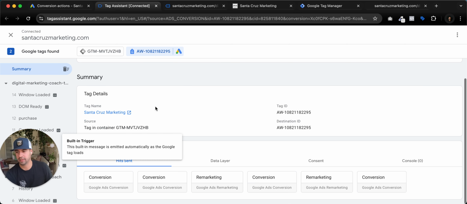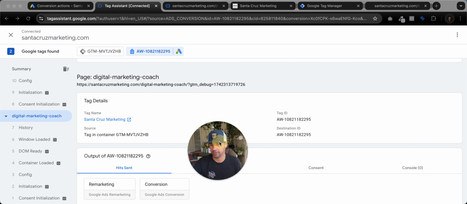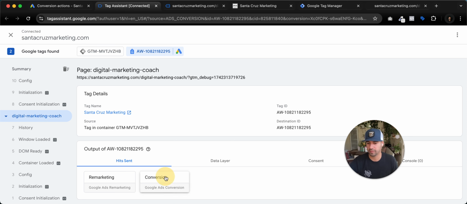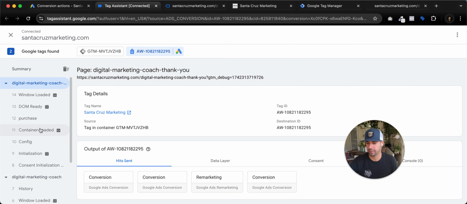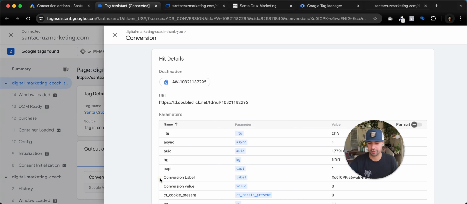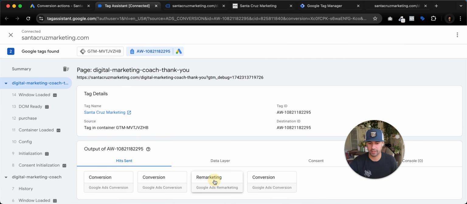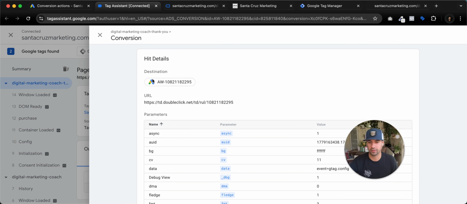So we are seeing over here, this is the digital marketing coach. It's showing us what is hit sent. And then over here, we can see what actually fired. Google tag, Google tag, Google Ads tag, Google Ads tag,